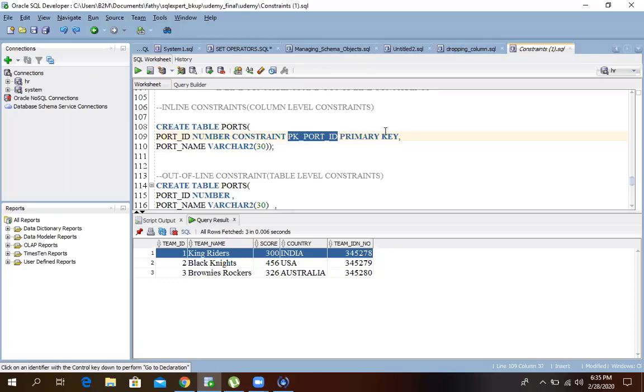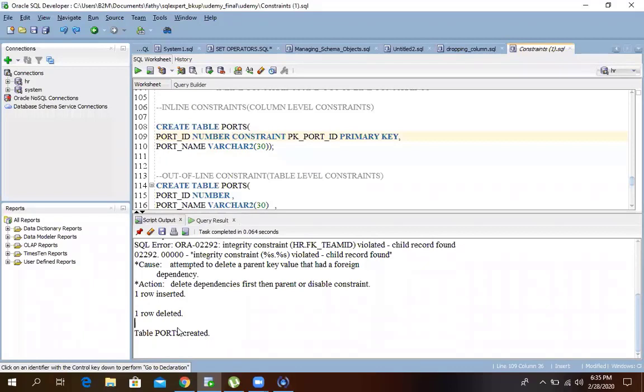What is the difference between the previous one and this one? The previous one doesn't have a name, and now the constraint has a name. Developers always write with the constraint name, because it's useful for debugging purposes. When you get into a higher level, it helps you fix the issue. That's why our managers or team leaders advise us to create names for constraints while creating the table.